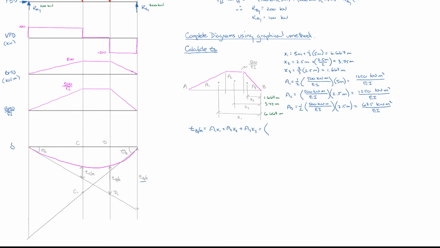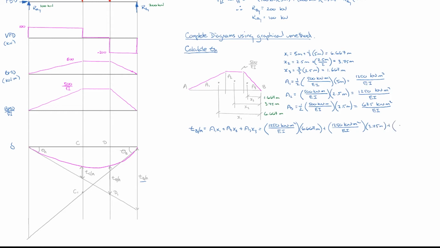From our previous calculations, we have 1250 kilonewton meters squared divided by EI multiplied by its distance, x1, so 6.667 meters, plus area 2, which we see is also 1250 kilonewton meters squared divided by EI multiplied by x2, which is 3.75 meters,